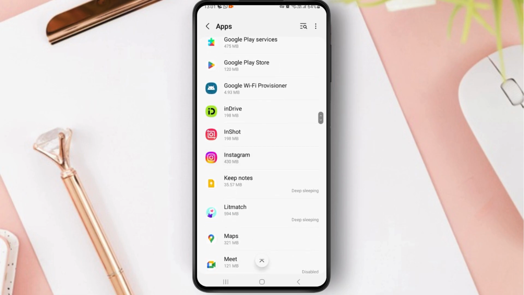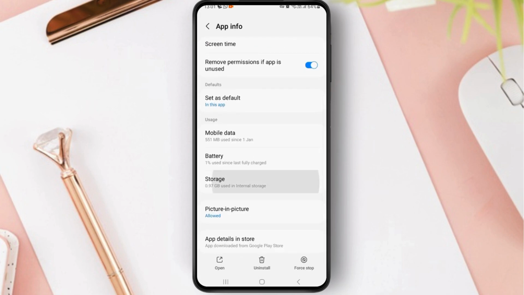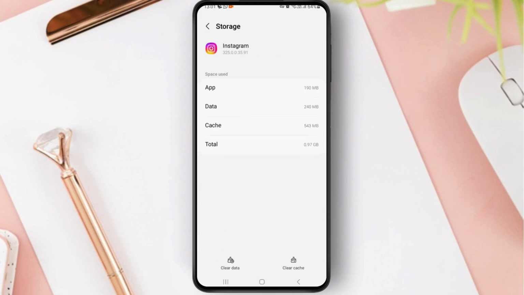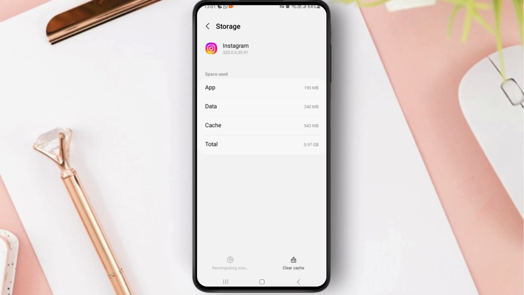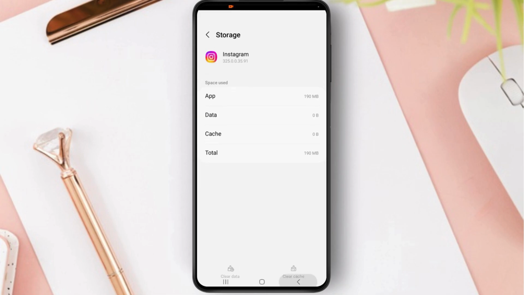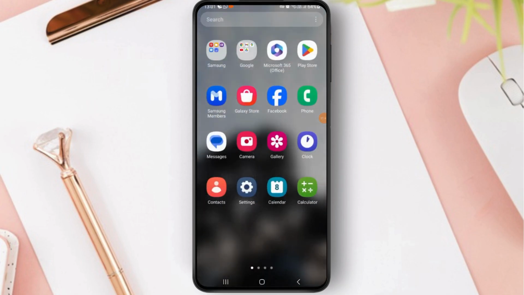Go to the Instagram app, go to the storage section, simply tap on clear data and tap on delete. Once you do this, go back and try using Instagram filters again, and